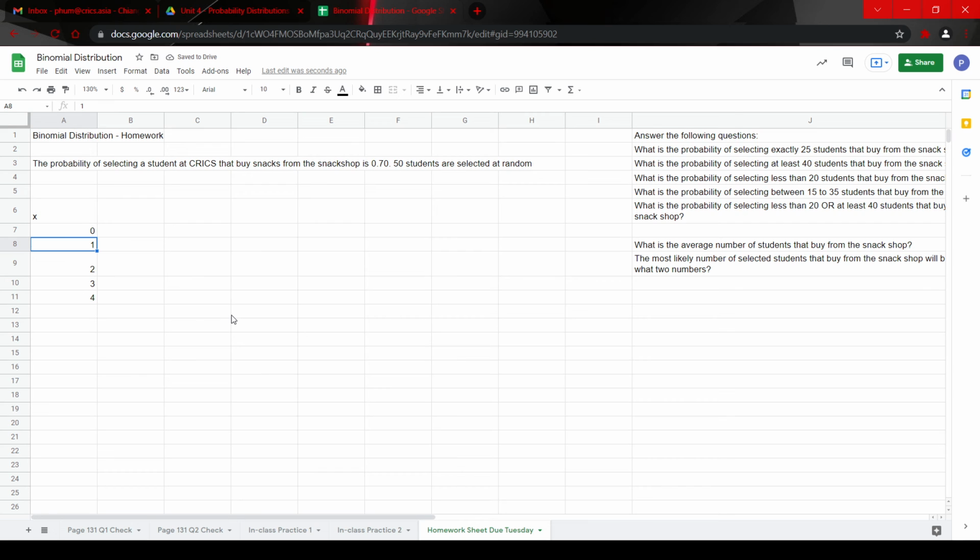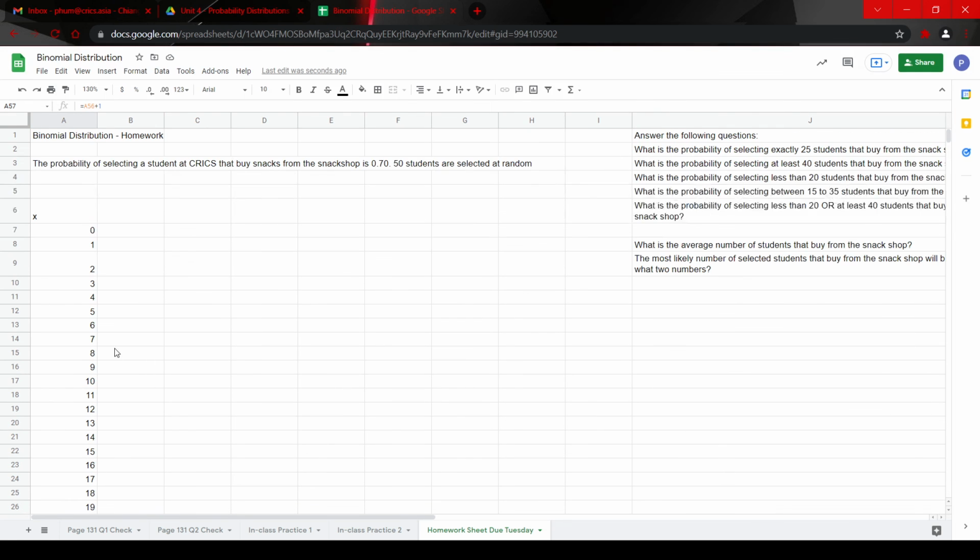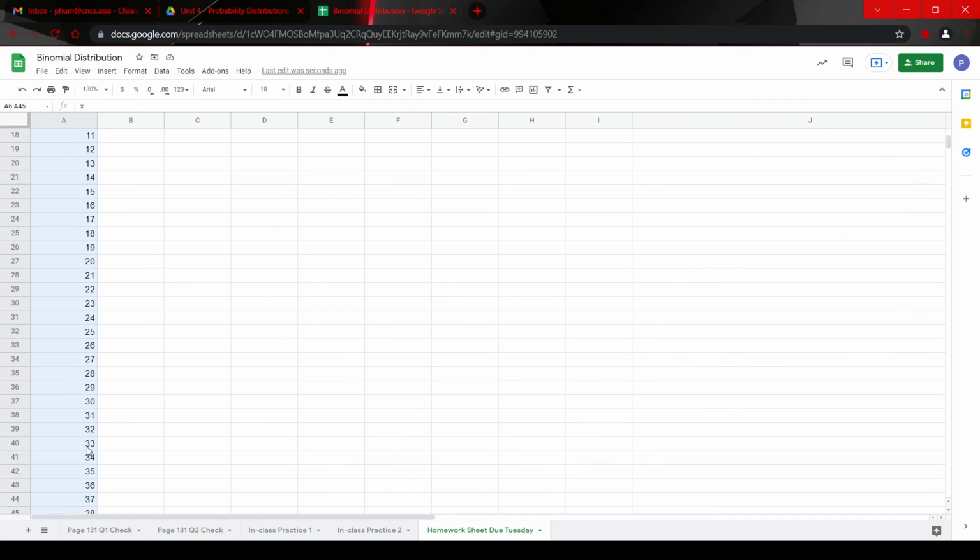The other thing you can do is type equals the previous number plus 1, and this way it would automatically add things for you. You can drag it, see where you land. In this case, I don't need 51 and 52, so it goes all the way to row 57 for me. It depends on where you start your columns and rows, but in any case,